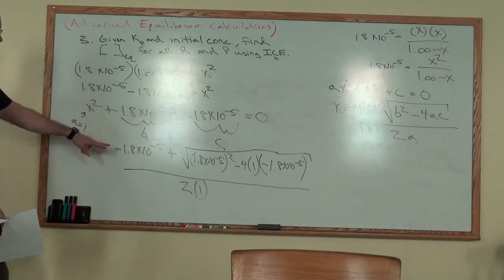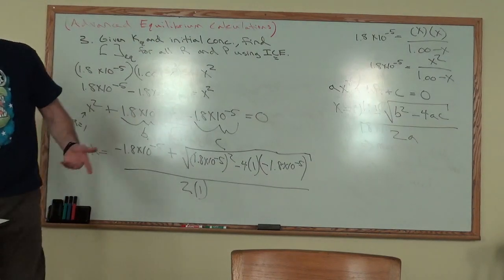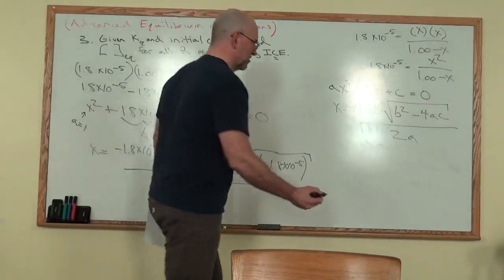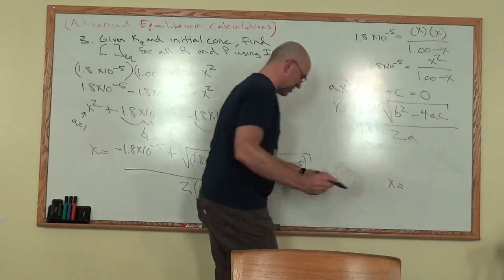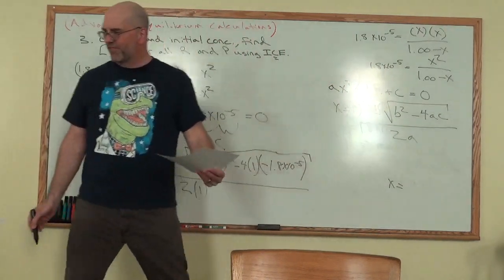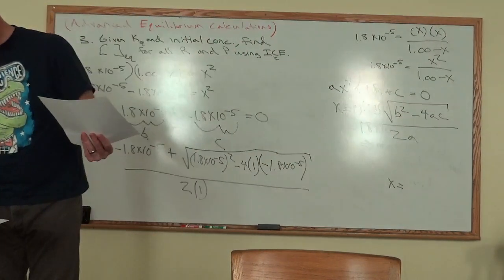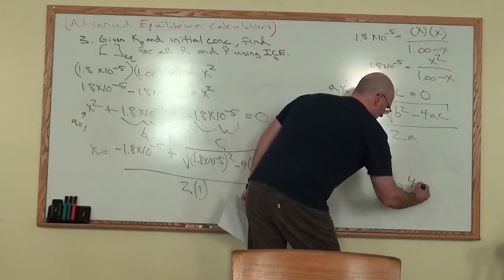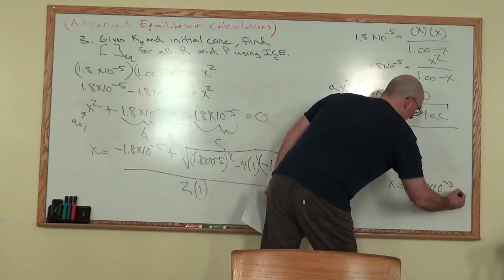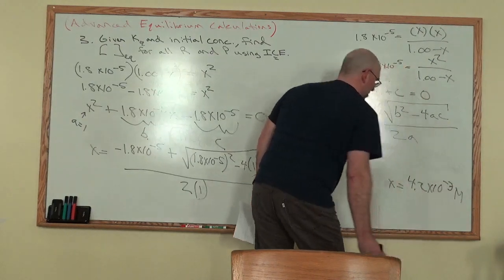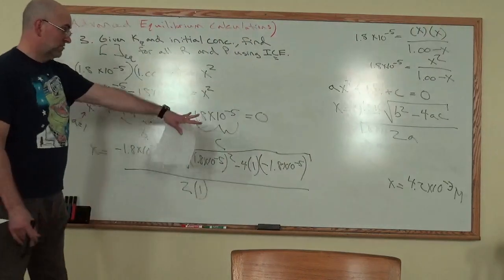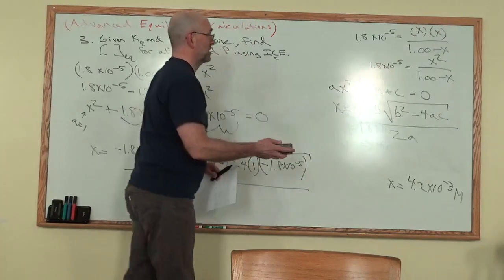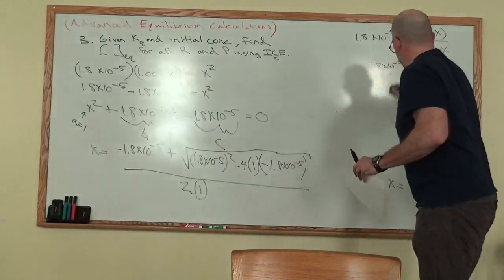Okay, you can stop the video here and see if you get the answer. I guess I'm going to show the math a little bit more, but if you want to stop the video and just see if you can do this, ultimately the final answer is x equals 4.2 times 10 to the minus third. And that's going to have units of molarity. So if you want to just stop the video, do that, see if you get that answer, cool, go ahead, stop it, do it. If you want to follow along with a little bit more explicit math,